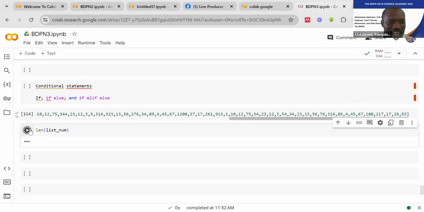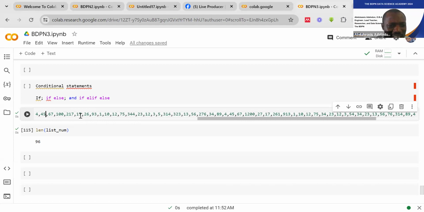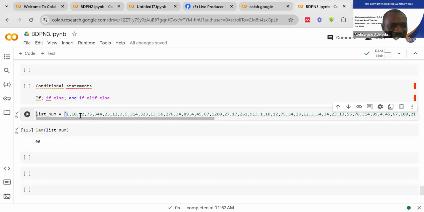Okay, we have 96 numbers here. Now, I want someone to tell me which numbers are greater than 20 from the list. Can we get it? No, you can't. It's going to be difficult. So if you want to know the numbers that are greater than 20 here, you have to come here from the beginning and be looking at it and say,